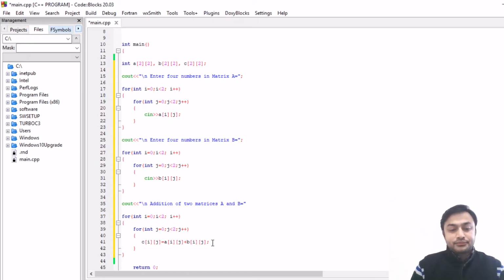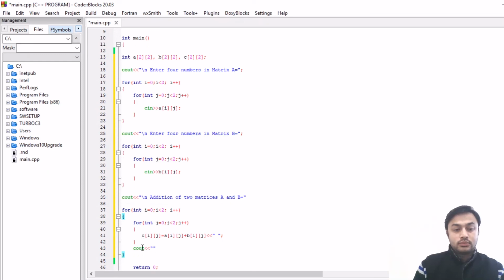Now here I want to print like this, so that there is a space, semicolon, and here I will use cout, semicolon, \n. I will use \n here.